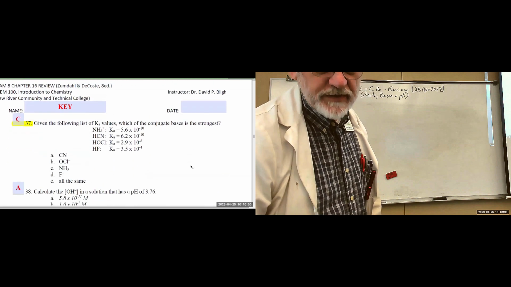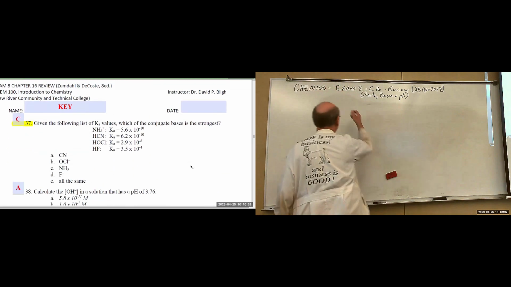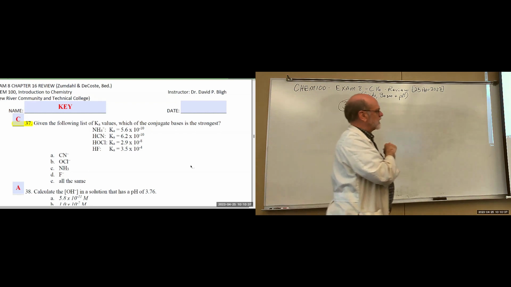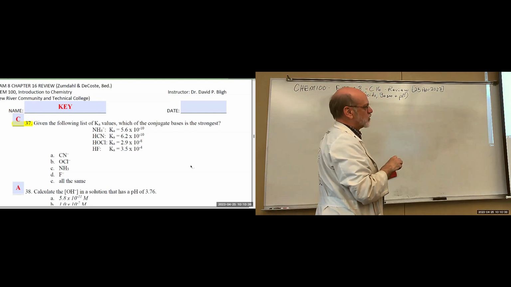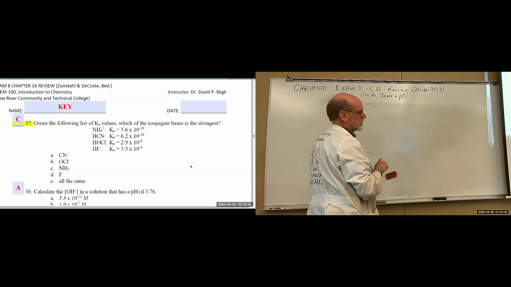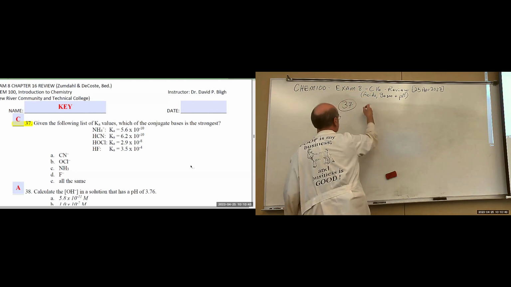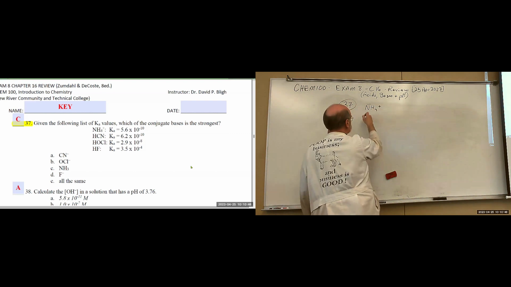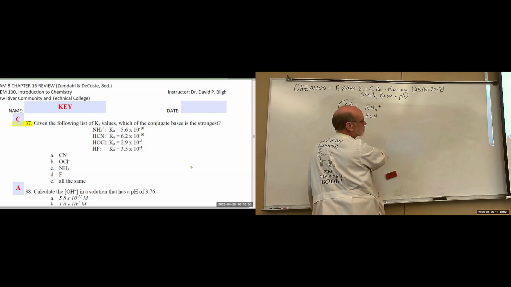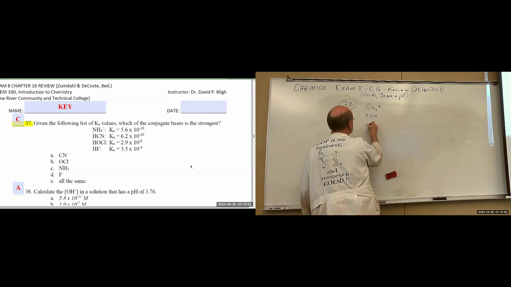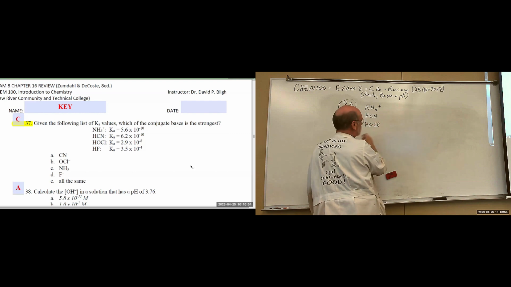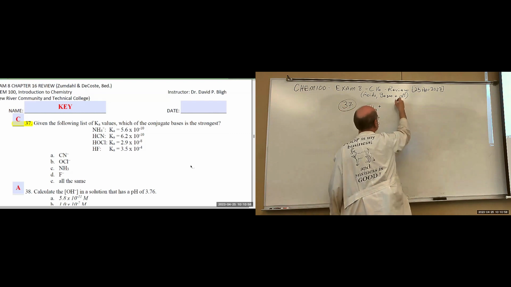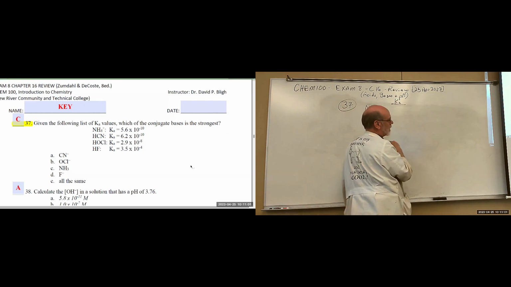How about 37? All right. Given the following list of Kas, which of the conjugate bases is the strongest? All right, so let's write all these up here. NH4, HCN, HOCl, and HF. And their Kas are